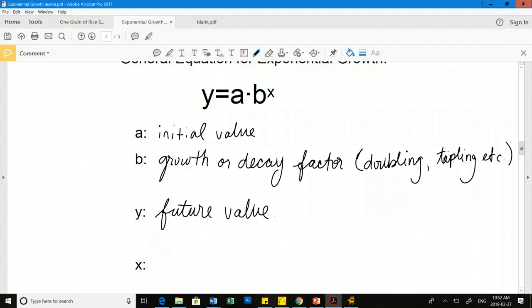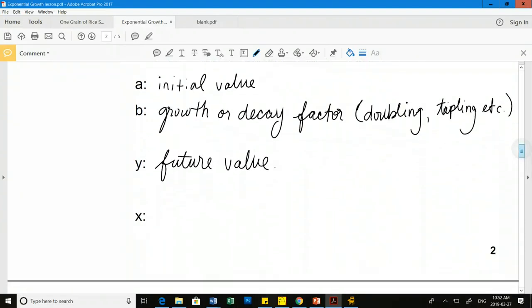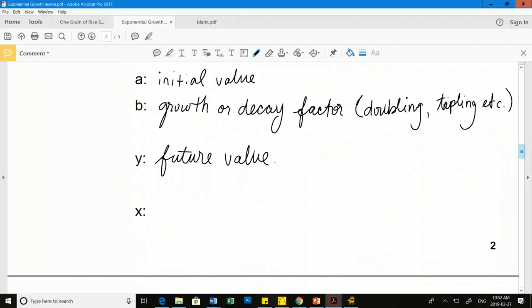Okay, and then x is going to be anything to do with time. So you'll have multiple elements in your question that have to do with time. So x is actually going to be the total time that we're looking at. So how many cells are present after 50 days, the whole stretch of time. So total time